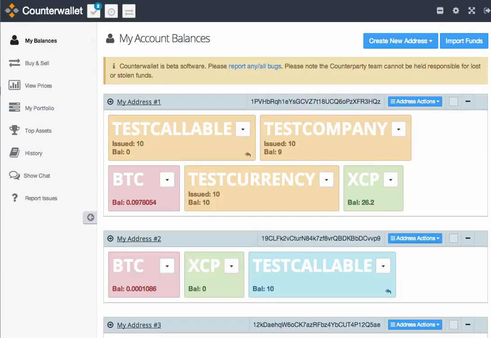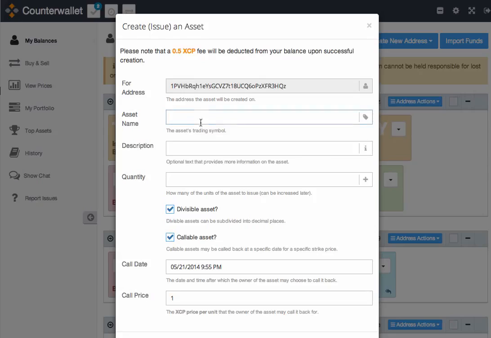The first step to creating a new asset within CounterWallet is funding your CounterWallet account with at least half an XCP, as that's the fee required to issue a new asset within Counterparty. After your account is funded, scroll to Address Actions, select Create Asset, give your asset a name, a description,